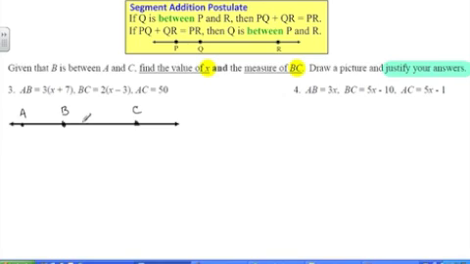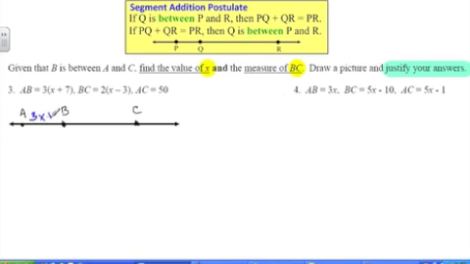Okay? Now, first step is definitely draw your picture. Then label your picture with the algebra expressions that go with it. Okay? So, A to B is this expression right here, 3 times the quantity x plus 7. I'm going to go ahead and multiply that out, and I'm going to put it right here on AB. Remember, AB is a distance, 2 capital letters. So this distance from A to B is